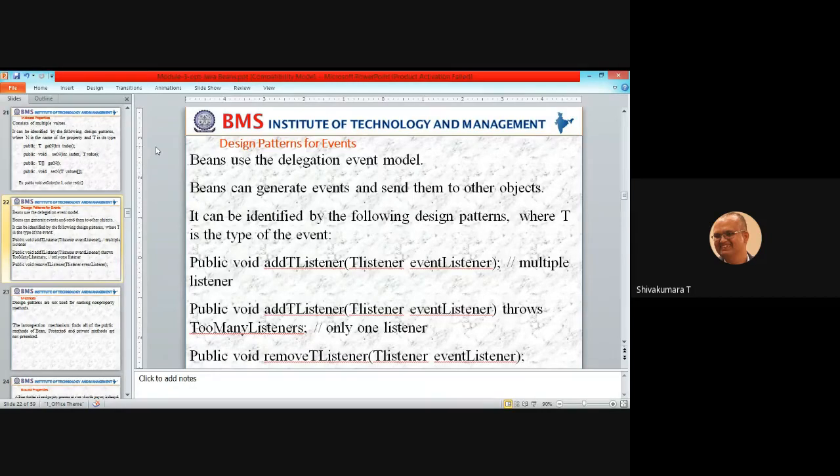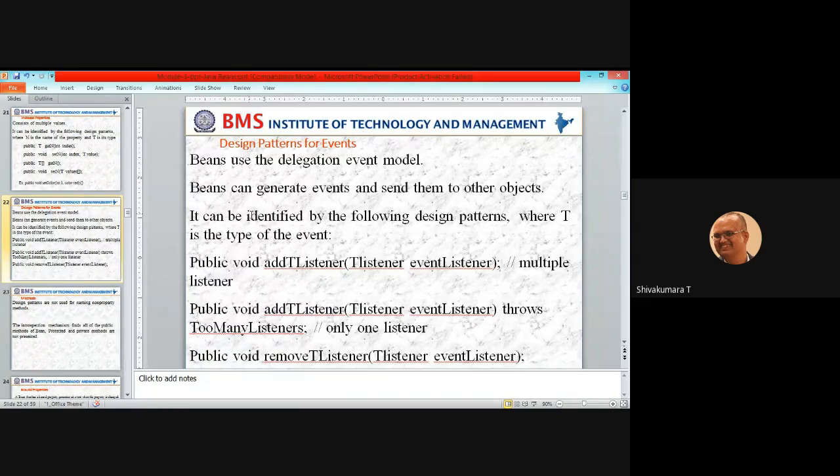Then what about keyboard events? Key in event, key release event, right? Key type. So all those are called keyboard events. Most of the events come from the input devices, right? Most of the time. If you are using a smart screen, there are touch screen events: hold, drag, zoom in, zoom out. All those are called touch events. So the T represents the type of the event.